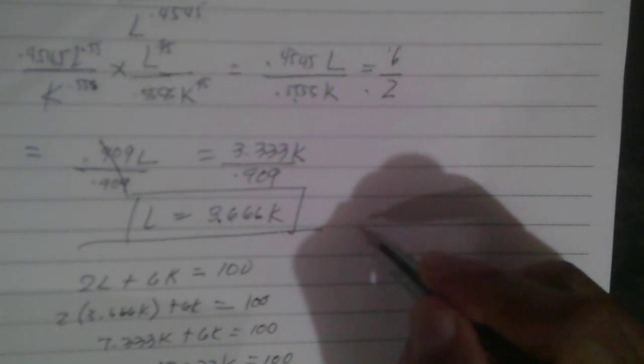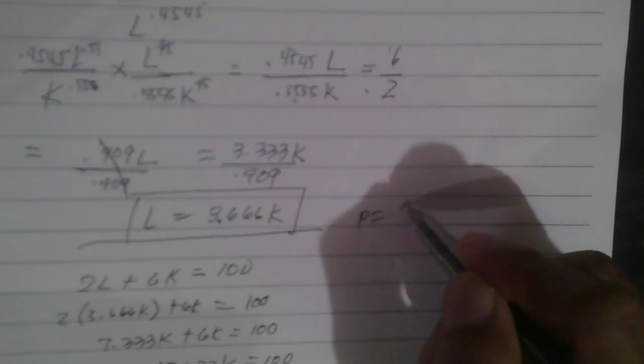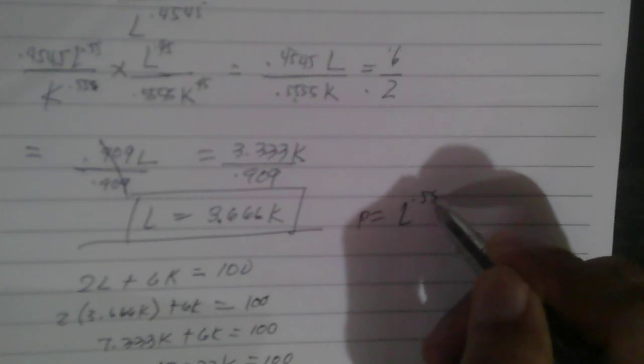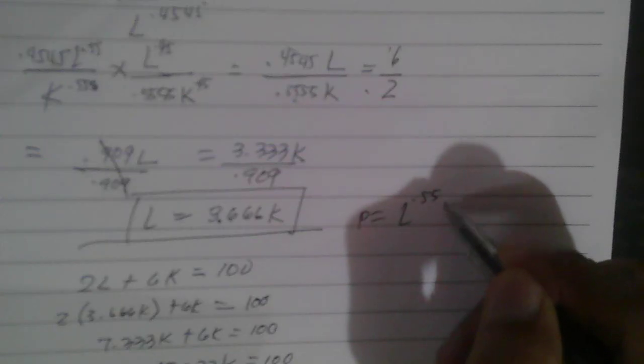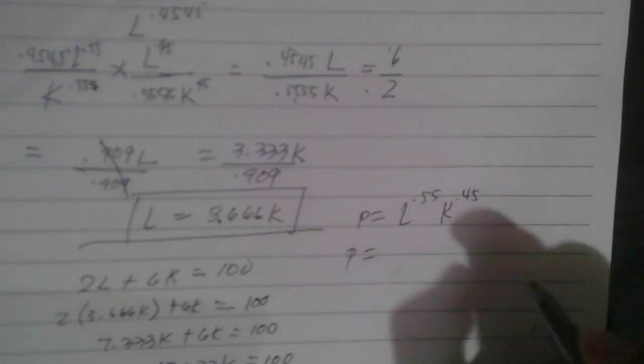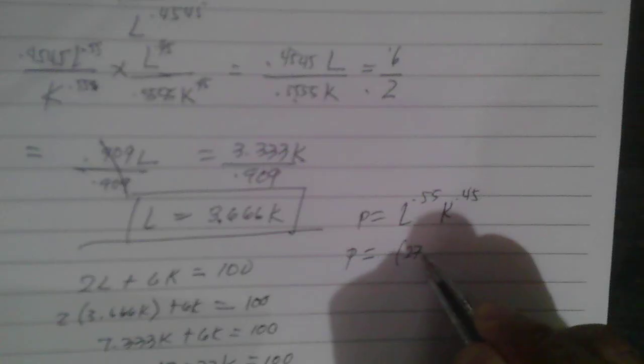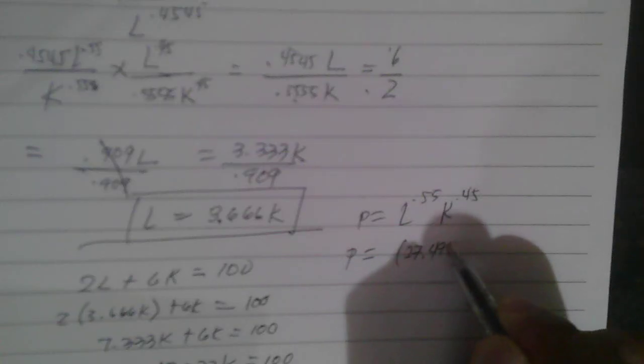So your total output becomes, how much is your total output? L to the 0.55 K to the 0.45. So your total output is equal to 27.495 to the 0.55 times K,